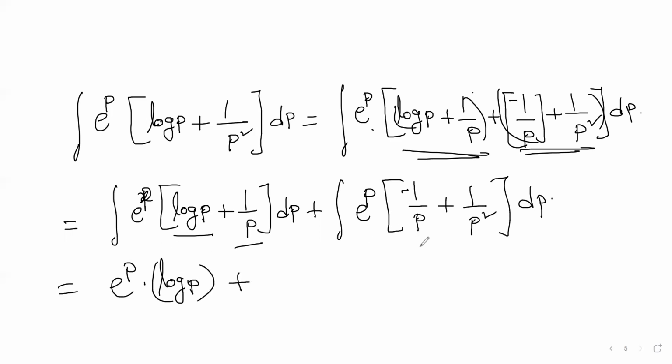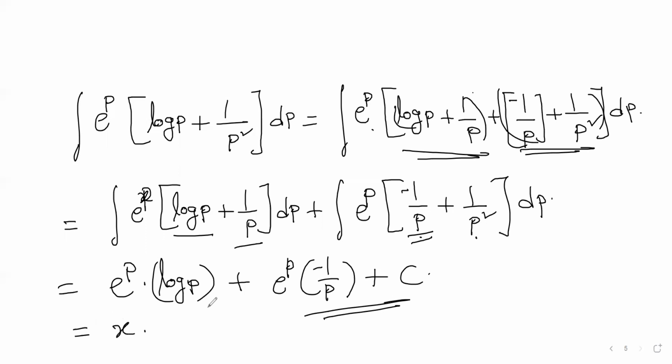For the second part of the problem, check the derivative of 1 by p, which is negative 1 by p square. Minus 1 by p has derivative 1 by p square. So my answer will be e power p into minus 1 by p plus constant. Now just replace p: p is log x, so e power p is x, and log p is log x. So p is log x, which is what we assumed, and e power p is x into minus 1 by log x